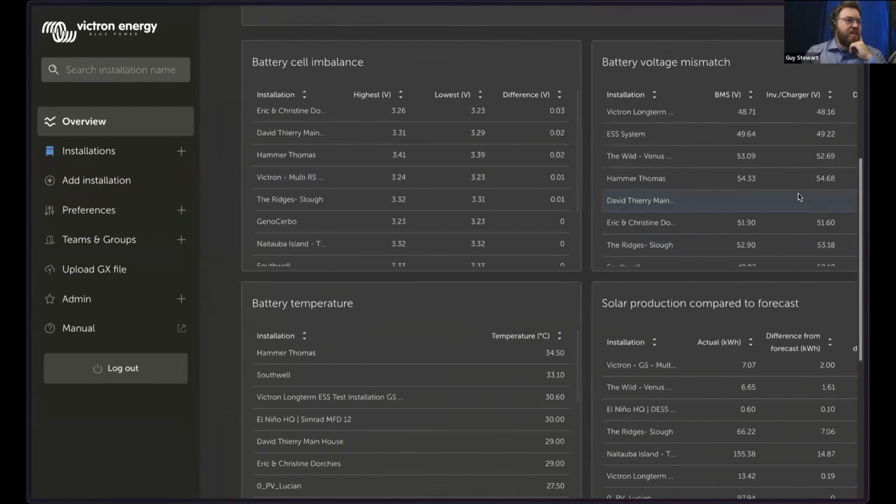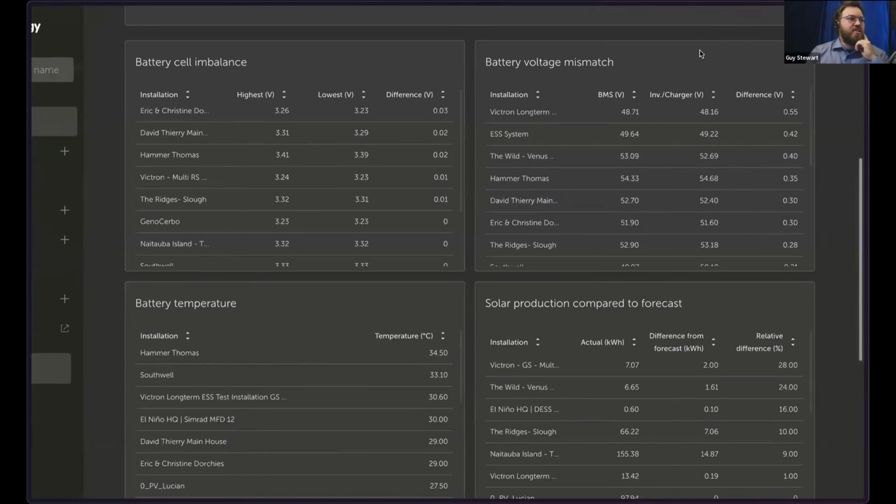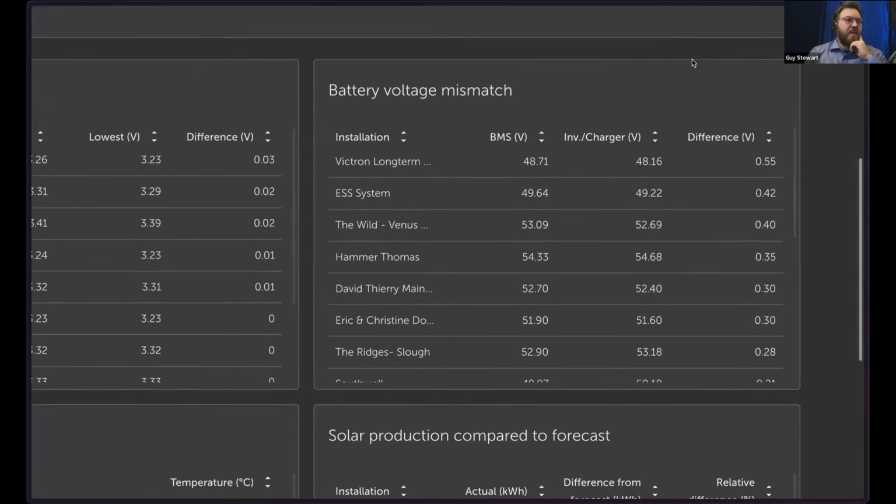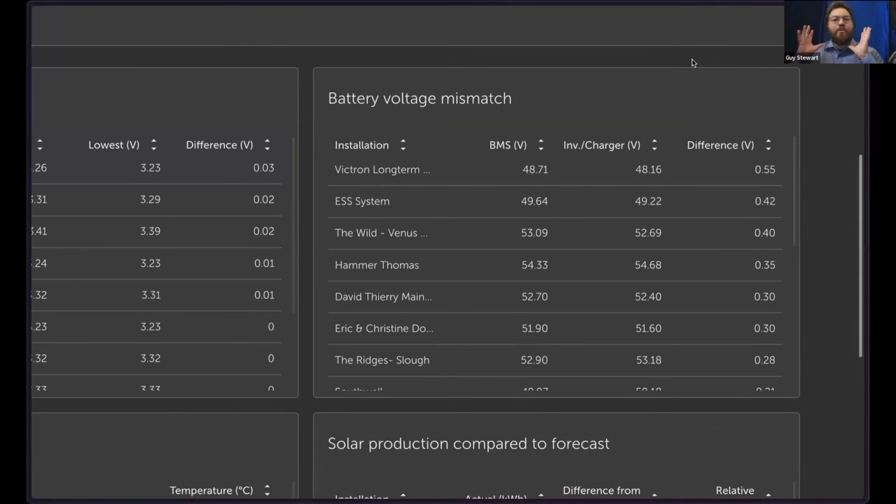Some of the other options we've got here: battery voltage mismatch. Now, to explain it a little bit, this is one of the key problems that I see in systems where it's a very unknown situation, but it's acting in a confusing way. What it actually means is, inside a Victron system, we've got multiple devices that are reading battery voltage at any one time. That's a confusing thing because they're often quite a little bit different. They should be close, but if there's a big solar charger, its voltage will rise higher than the battery voltage as it's charging. Likewise, if you've got a big load on, the inverter charger voltage might draw down a little bit.